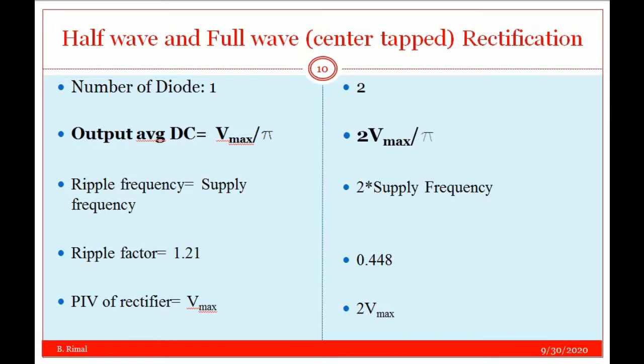I want to highlight that the average output DC voltage is less than the Vmax in both cases. Hence, if we need a higher value of output DC, high voltage DC, then both methods are not suitable. So we are going to learn about the third process,